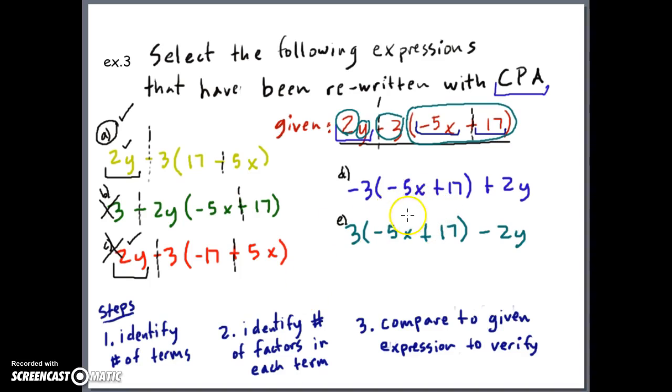Look at D. You can see here that now the first term is -3 times -5x plus 17, and the second term is a positive 2y. So you can see here, this is an example because